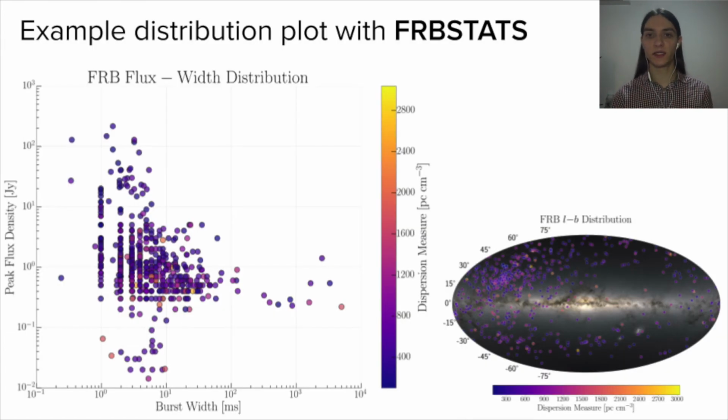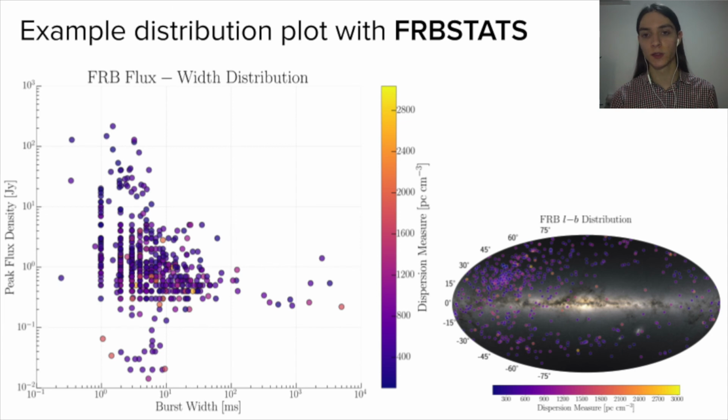Lastly, here is a very simple example plot obtained with the FRBStats platform. So you can just go to the platform right now, click on plots, and plot whatever distribution you wish with whatever parameters you like, depending on what you wish to visualize. Here on the left, we've got the flux width distribution of fast radio bursts. So this is a simple example plot showing three parameters actually: the flux density, the burst width, and the dispersion measure of the burst. And on the right, we have the collection of bursts detected in the sky in galactic